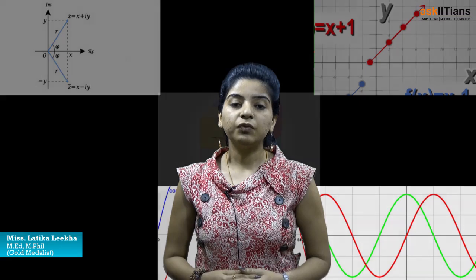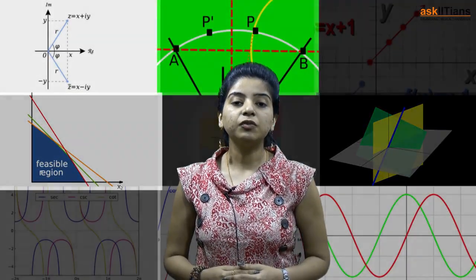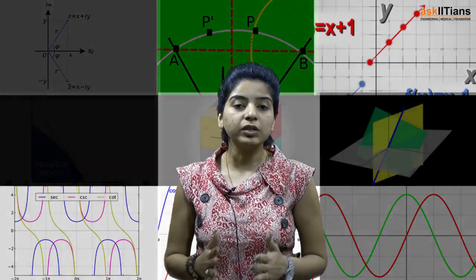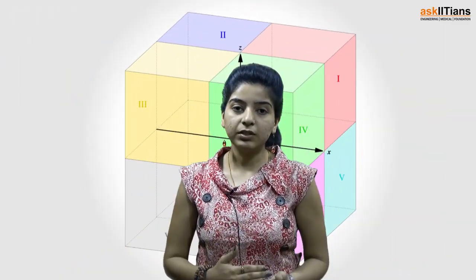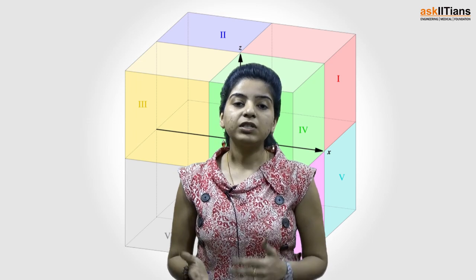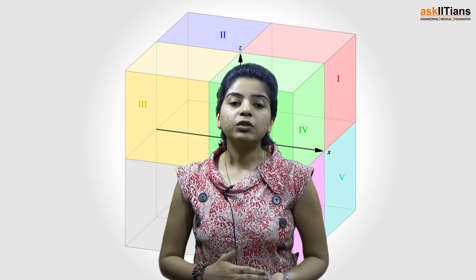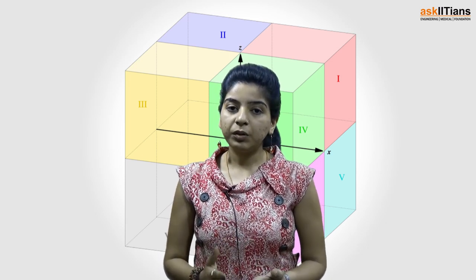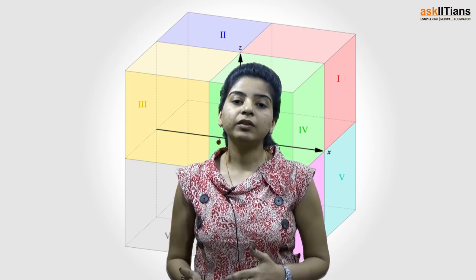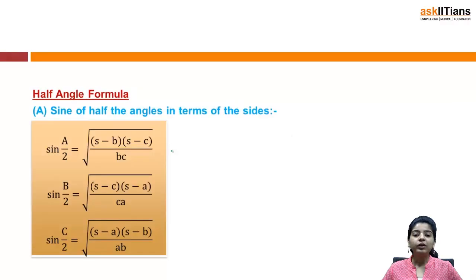Now in this section we will be discussing the half angle formulae. That is, we shall discuss formulae like sin A by 2 is equal to under root of (s minus b)(s minus c) by bc, and likewise we shall discuss the formulae of cos A by 2, tan A by 2 and so on. We shall also discuss the MN theorem, and in that the figure is extremely important, and finally we will be discussing questions based on these concepts. So let's begin.